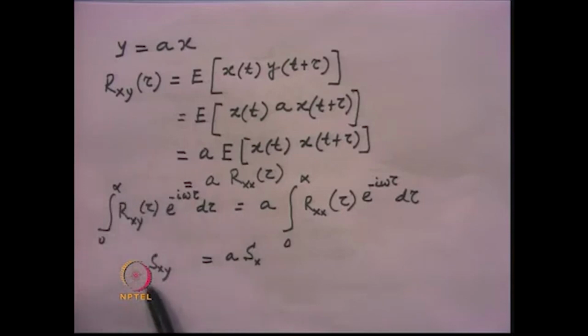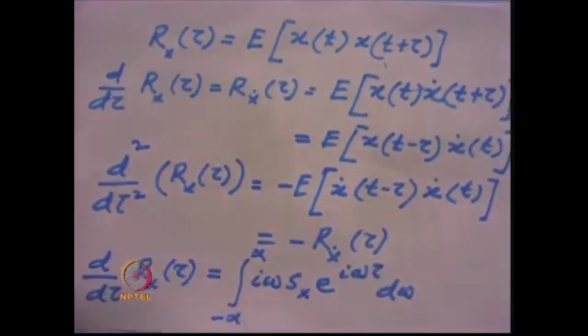So, we can see that Sxy, that is the cross power spectral density function between the input and the output, where this is the input and this is the output, is equal to A into Sxx. This can be generalized in the particular form given in equation 4.38. In 4.38 we see that Sxy is written as matrix A into Sxx.